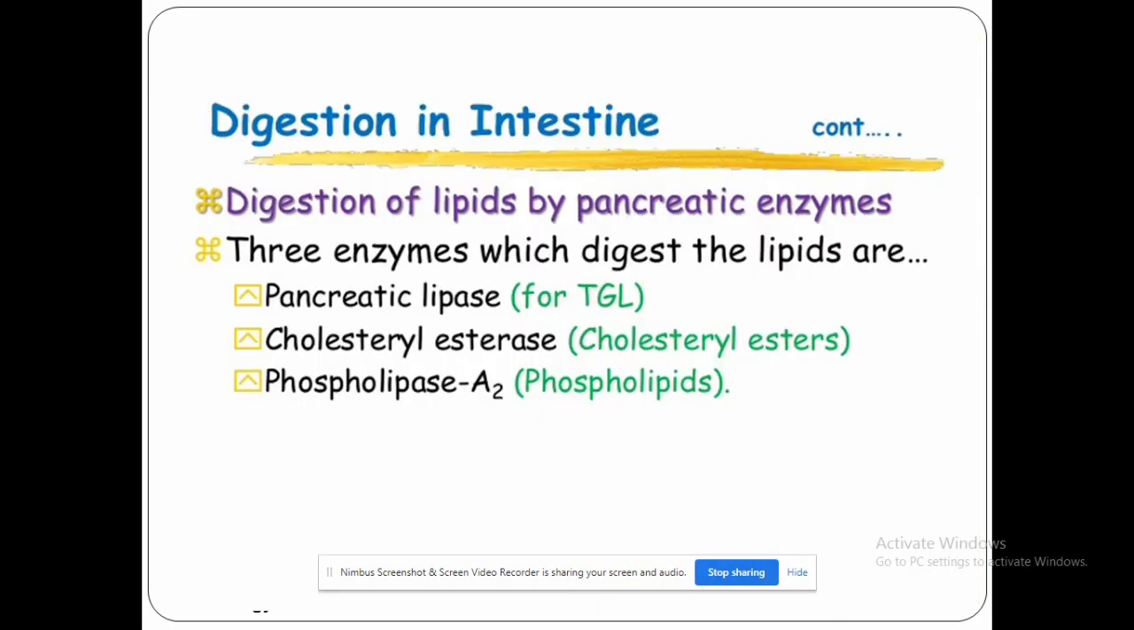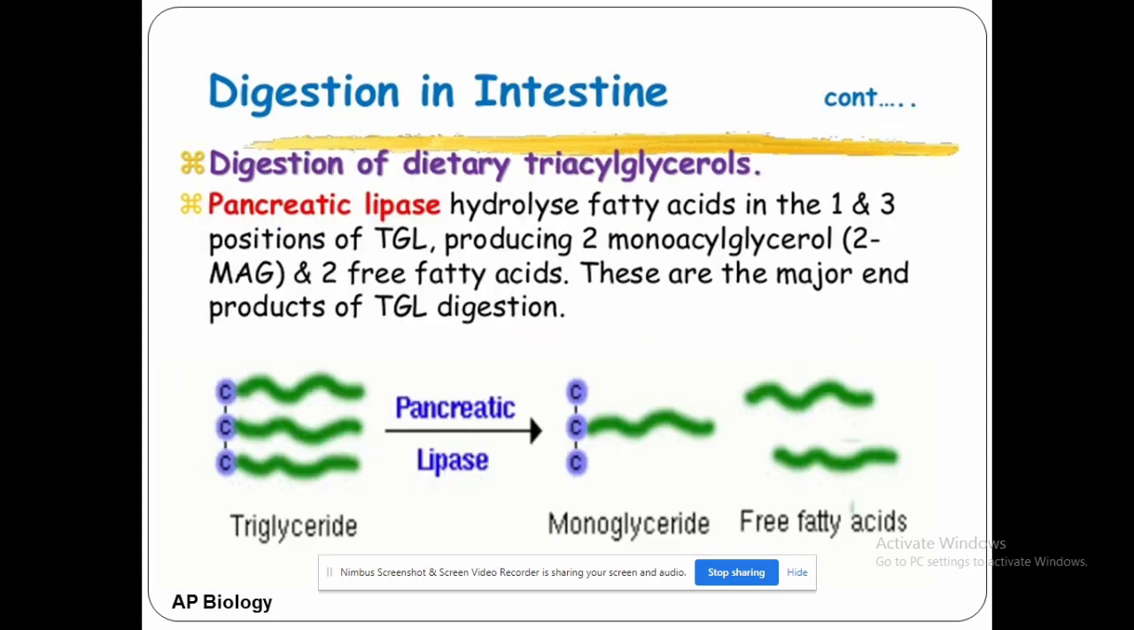Pancreatic enzymes have three sets of enzymes: pancreatic lipase, cholesterol esterase, and phospholipase. These three sets of enzymes work on three different sets of substrate. So first is the pancreatic lipase. It works on the triglyceraldehyde. It converts the triglyceraldehyde into